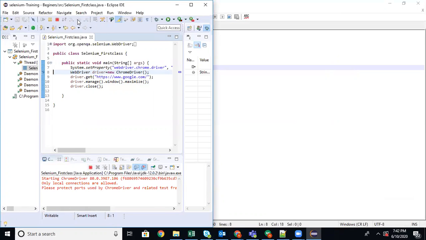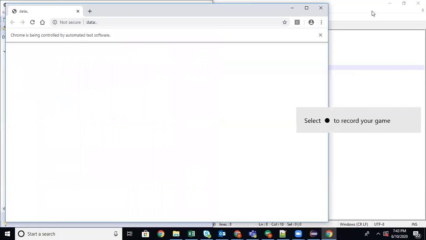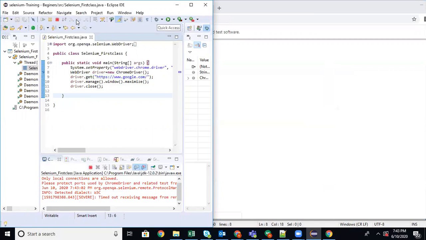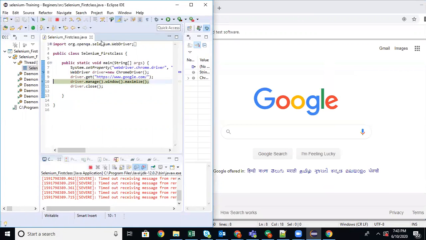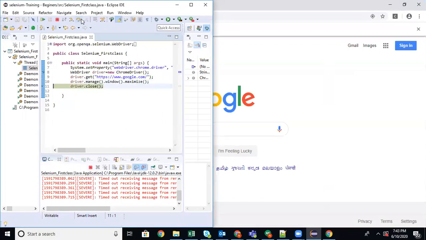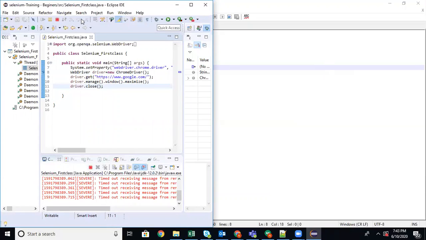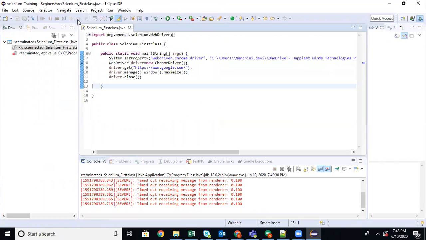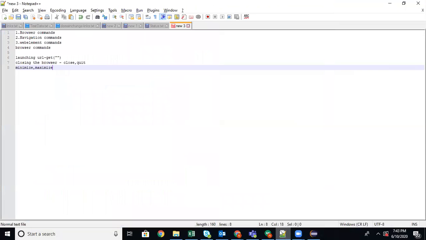So when you debug, the execution will be a little bit slower than automatic execution. The browser launching is done. Now launching the URL. It's done. Maximizing. See, it's maximized. Now closing. Okay. Then coming out of the method. Done. So this is the browser command.